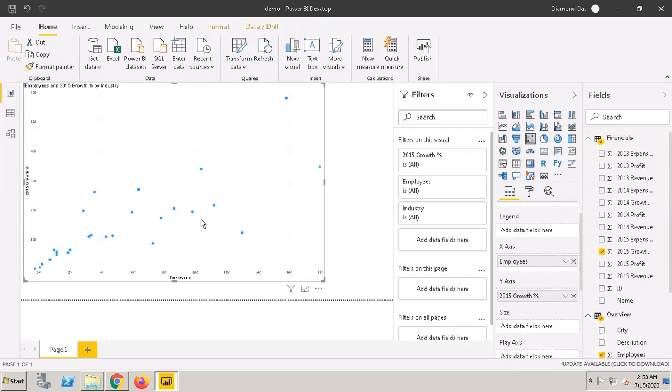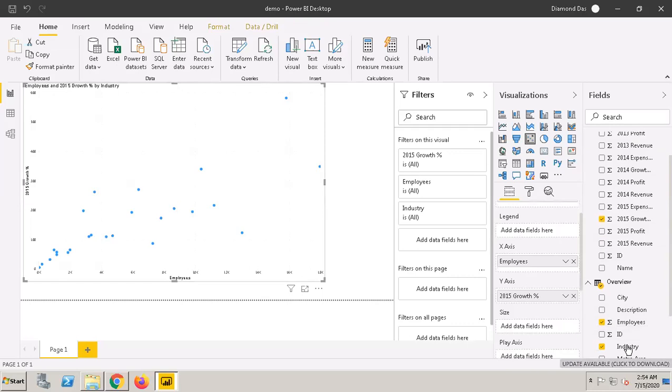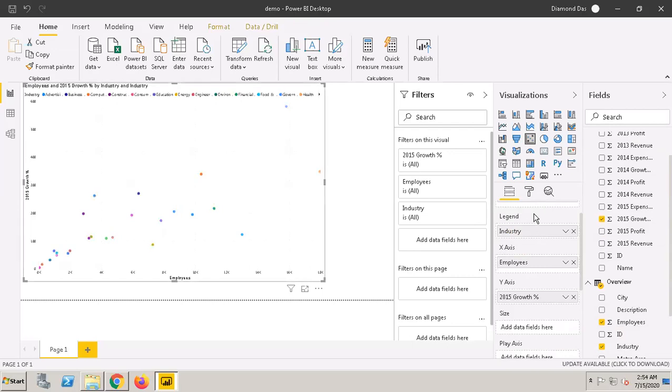Now I want different colors for my dots. I can easily do that using industries in legends. If I bring industries into legends, I see different dots. Now all the dots are the same size, so I want to bring another measure into my analysis. I also want to see how profit affected different industries, so I want to control the size of these dots in terms of profit.